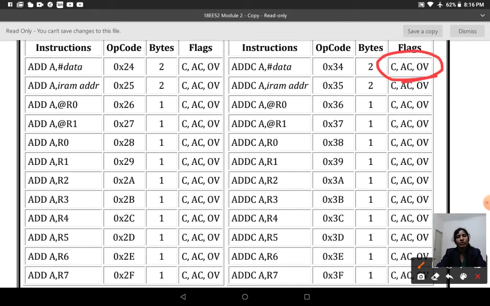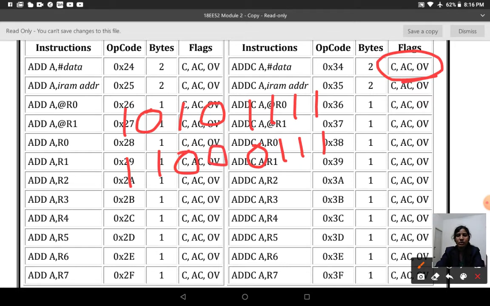So carry we know. I'll show one example, 1010 1111, and one more, 0111 1100. If I add these two, I will show the difference between carry and auxiliary carry.